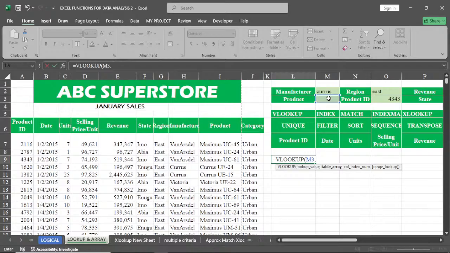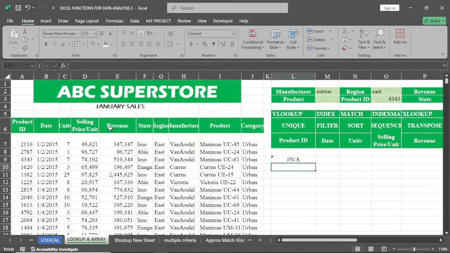Having done this, what is the table array? Even if you like, highlight the entire range, highlight all this down, Control Backspace, and then put comma and say column index revenue. When you count 1, 2, 3, 4, 5, you are not going to get anything. So if we put 5 here as the column index and hit enter,